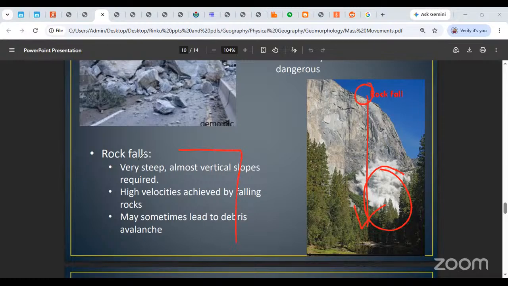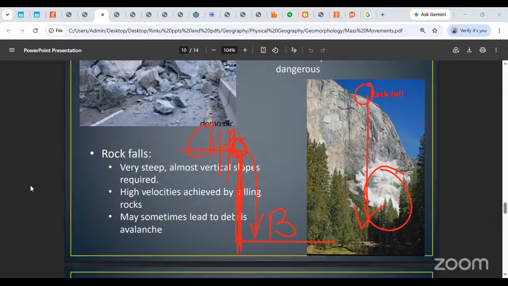We are saying that this is a cliff. This is the bottom of the valley. This is the cliff face, and there is a rock sitting over here, perched over there. What happens is, because of some reason, if the rock does fall down, this is a vertical slope, so it is not going to slide along, right? Since the slope is vertical, the rock will simply fall down, and hence the movement will be way more rapid and way more destructive than what a slide could have been, because it is faster movement. Rock falls are always faster and usually dry. Even rock slides are usually dry movements. Rock slides and rock falls are both dry movements.